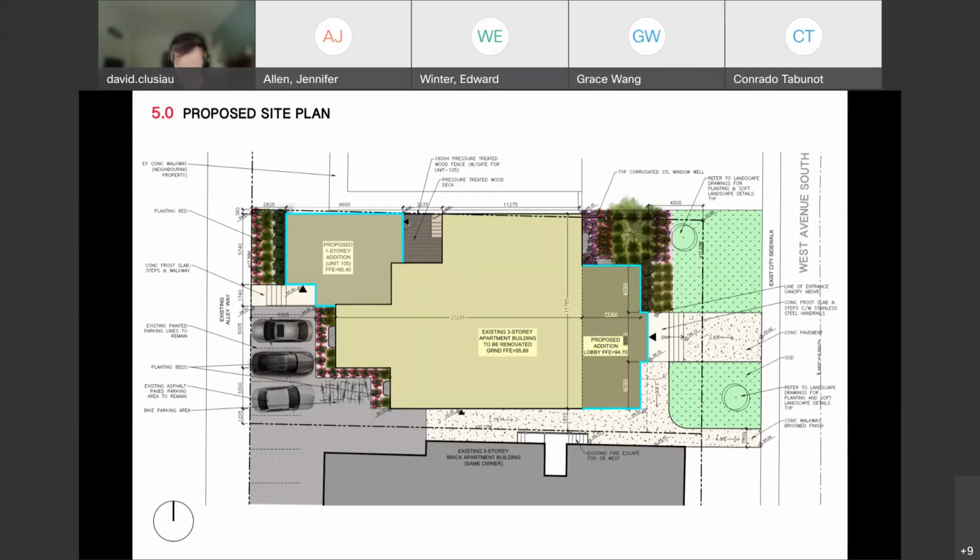We've also located areas for bike parking. The entrance for the 1-story addition would be along the existing alleyway access.